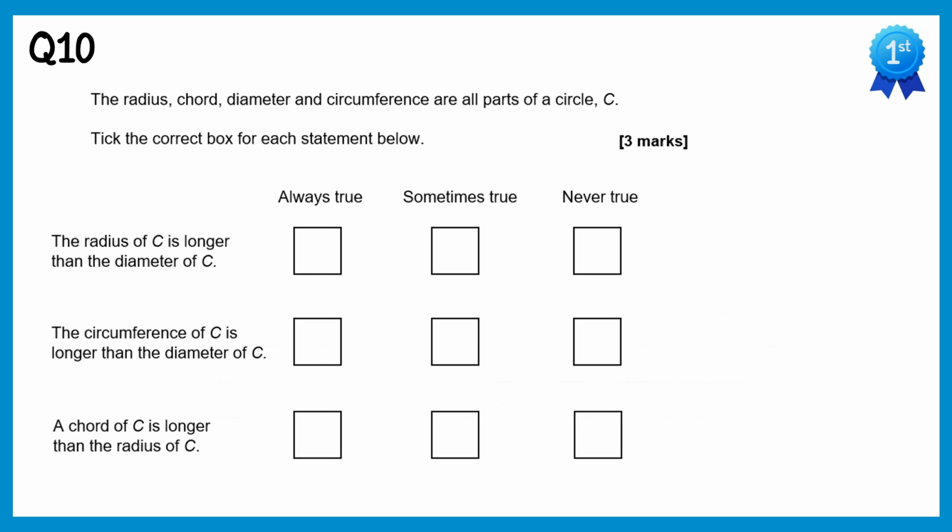In this question we need to compare different lengths of parts of a circle. So for the first one we compare the radius and the diameter. So let's take a circle. The radius goes from the centre to the edge, and the diameter goes all the way across the circle, but